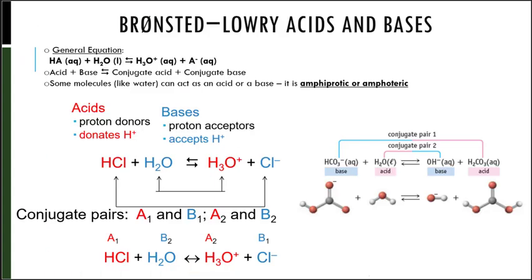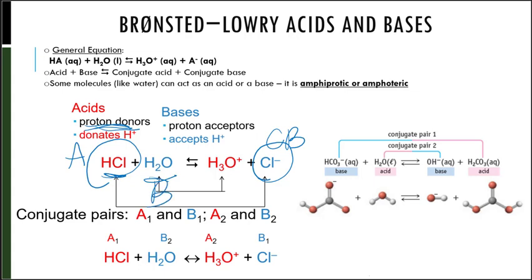Now we've been saying that one side has more H's than the other, but when we talk about being a proton donor, notice that I have labeled HCl and Cl minus, so I labeled HCl as the acid, and the Cl minus as the conjugate base. And we labeled H2O as the base and the H3O as the conjugate acid. But what is happening here? As a proton donor, the acid is going to donate that hydrogen to the base because the base is the proton acceptor. So HCl, the H is going to leave it and donate to the H2O,